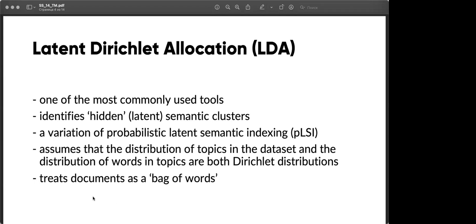So basically, depending on which distribution we decide on, we may end up with very different clusters and very different topics. In the case of LDA, we model topics based on